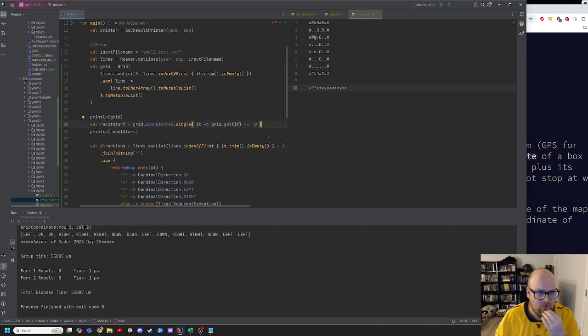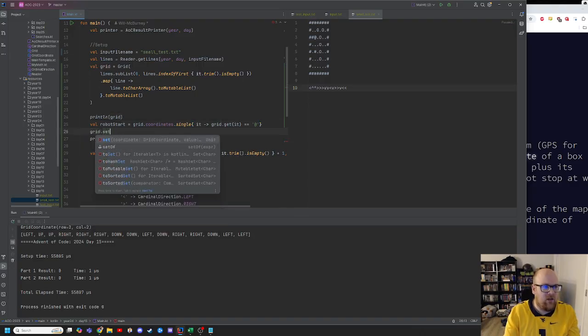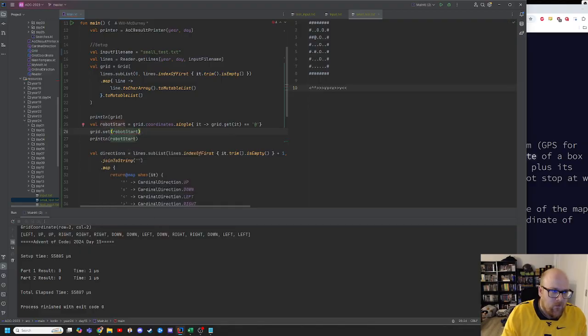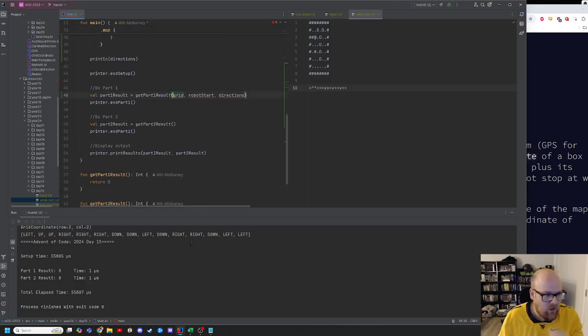Well, that shouldn't be an issue. Actually, yeah, I know what I want to do. I want to do grid dot set start to empty. And there's a reason I'm doing that, because when I print the grid,